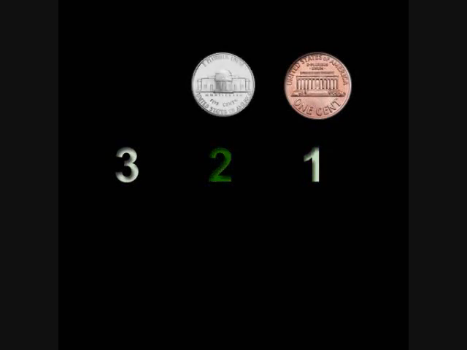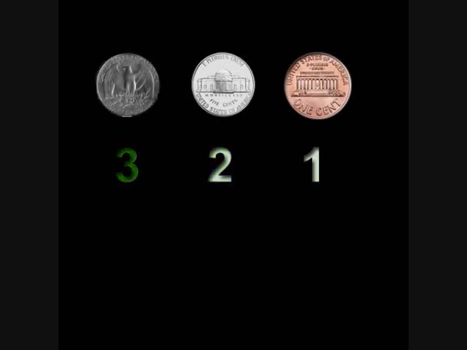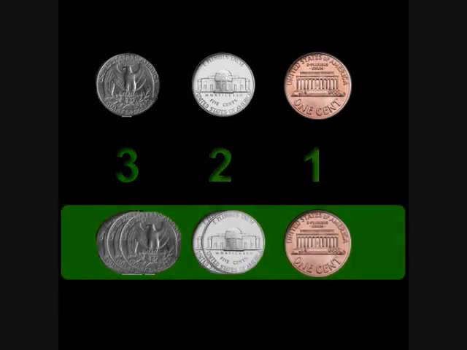What if instead of 10, we used 5? Well, we'd still have 1 penny, but now the 2 would represent the number of nickels we have, because there are 5 pennies in a nickel. The 3 would now also represent something different. It would represent the number of quarters we had, because there are 5 nickels in a quarter. Under this interpretation, 321 would mean we had a total of 3 quarters, 2 nickels, and 1 penny